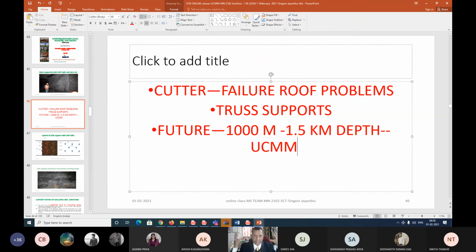And when you keep that roof under compression, whatever damaged roof is there, it will still be more stable as compared to a roof which is under tensile failure condition. Now it cannot fail under tension because you made that zone under compression, and that is the beauty of these truss supports, right?